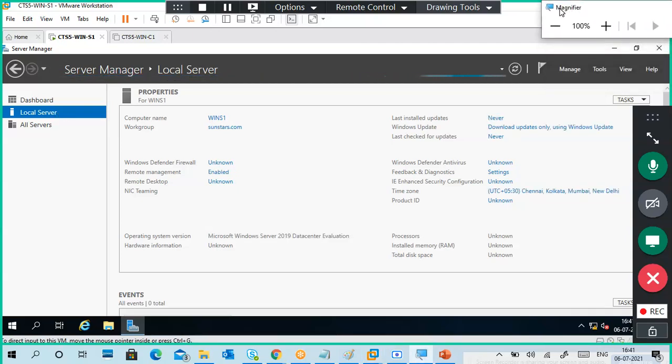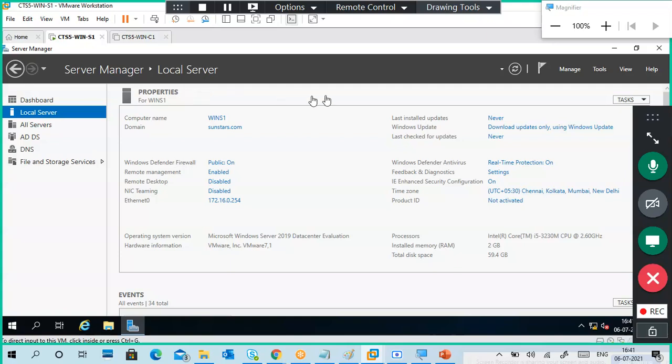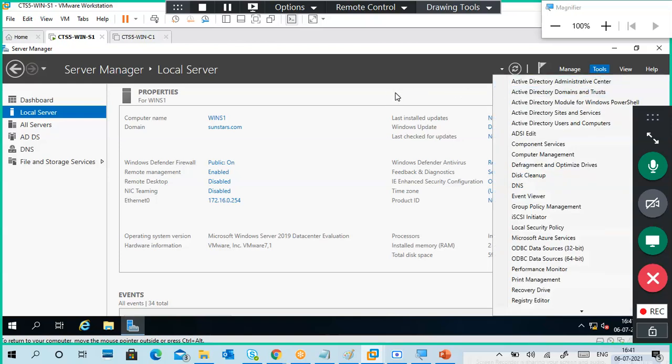how to add a client to a domain. So we have a client, right? So how to add this client to the domain, how to verify the IP address kind of stuff, how to create a user, what is an OU. Go through all these things today. At least go through your servers once again, check if they are still there in your VMware. Go through once, check it, at least create one more user, and try to log in from your client. That's enough. Guys, this is Sites and Services.